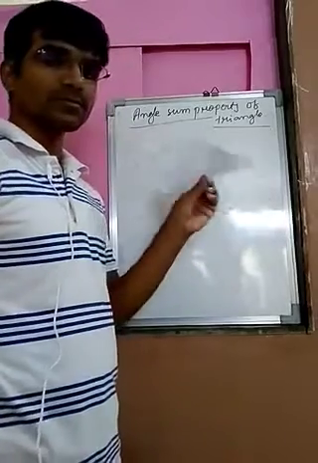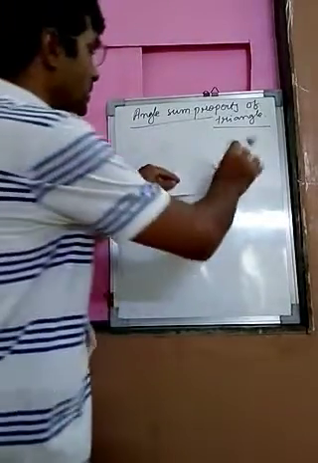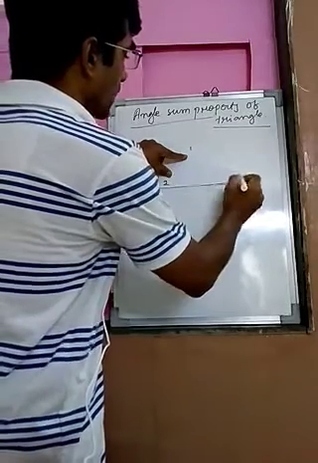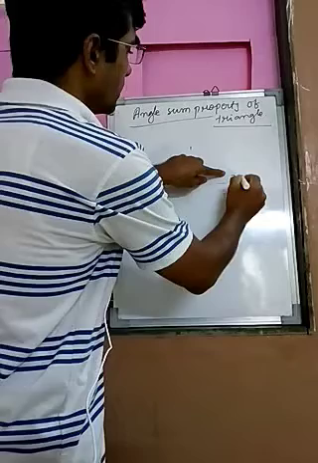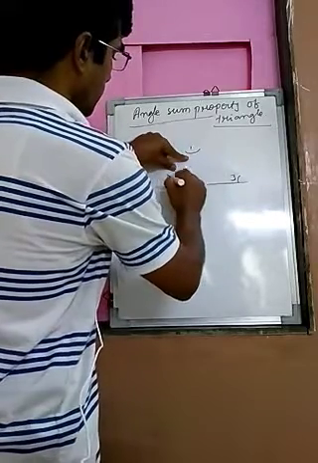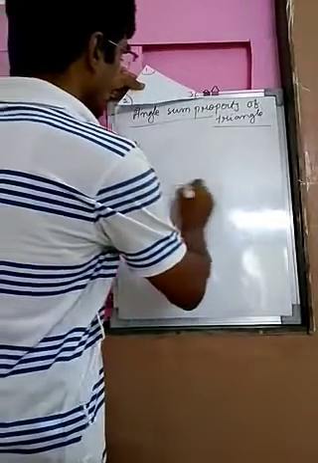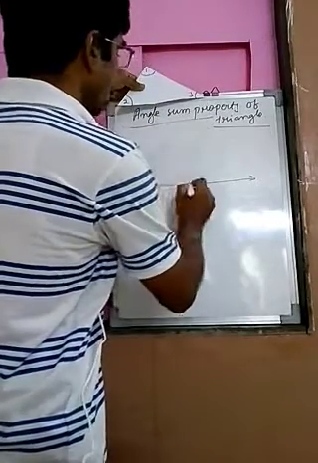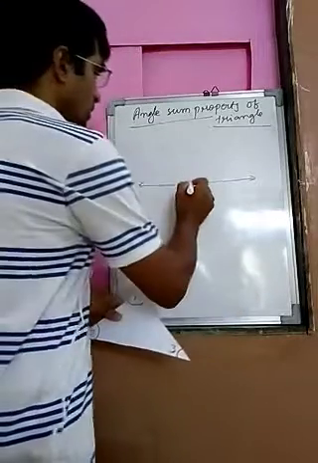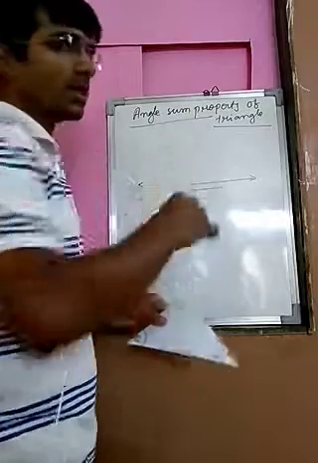This is one triangle. Here I can give the names of the angles as angle 1, angle 2 and angle 3. These are the three angles of this triangle. Now one straight line is what? 180 degrees. This is called what? Straight angle. So if this point is O, at the point this angle is 180 degrees.